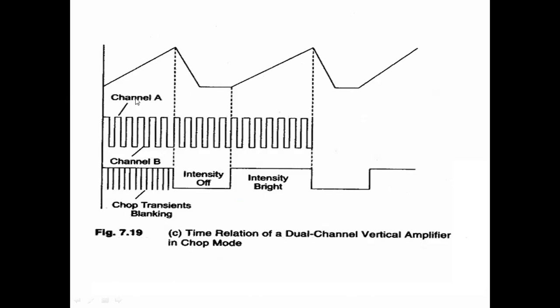See here, in this we are using 2 channels. For this particular period of time, it will observe the channel A signal, and for the next period of time, it will observe the channel B signal. The next period of time, it will observe the channel C signal. Like that, it will be connected to the 8 signals at a time, and those signals will be displayed on the CRT through the vertical amplifier deflection plates.